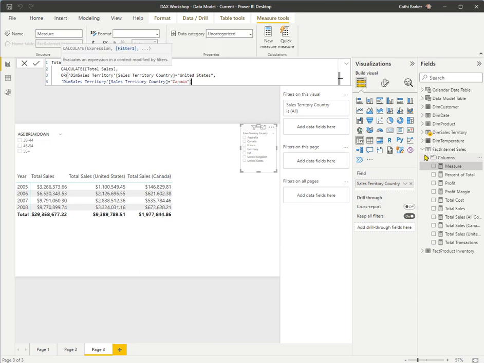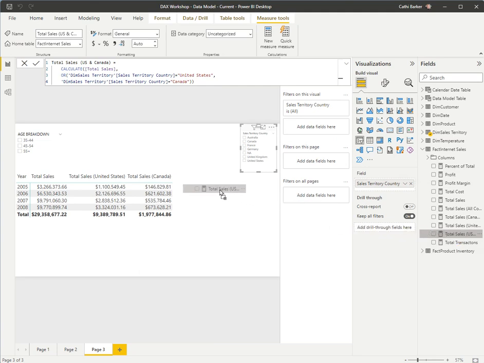double quote, close bracket, and close the bracket again. What I'm doing here is I want to calculate the expression total sales, but only where, so this is my filter, the country in the sales territory query is equal to United States, or the country in the sales territory query is equal to Canada. And so when I press enter, I've created that new measure,